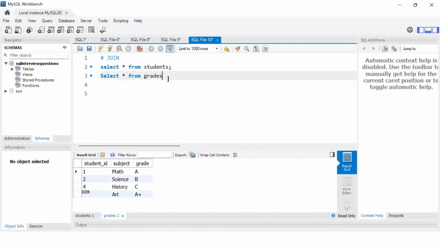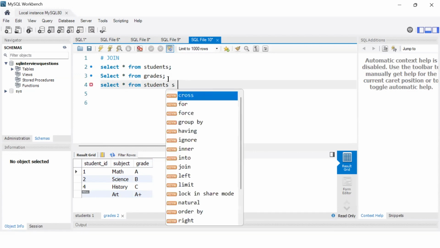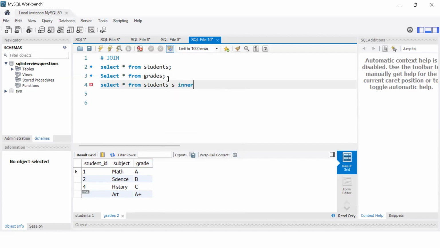Now what I'm going to do is quickly join the two tables, and I'm going to make it an inner join. So I'll specify inner join on the student table column equals to the grade table column.